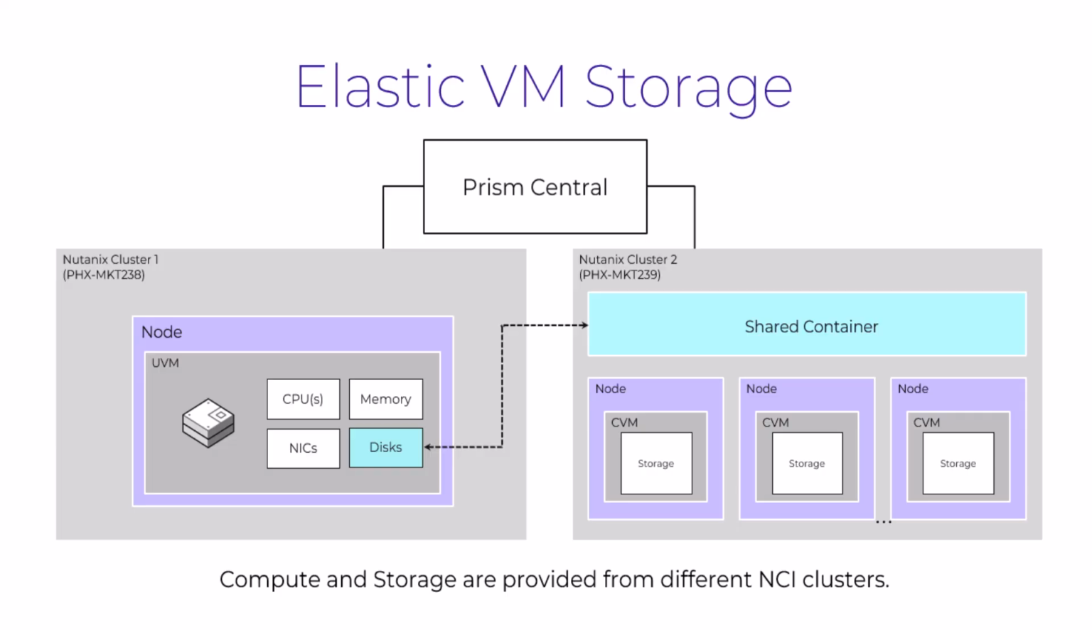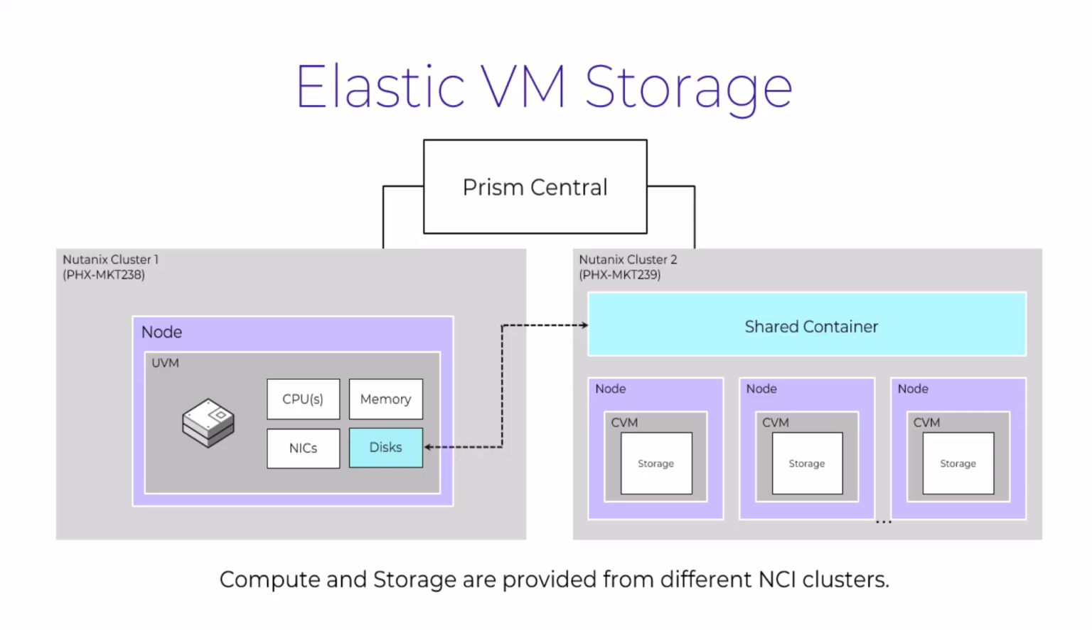And in today's video, we're going to walk through a new feature that came out as part of our AOS 7.5 and AHV 11 releases called Elastic VM Storage. Now, you might be thinking to yourself, what exactly is this Elastic VM storage? I'm glad you asked. Simply put, it's the ability to create a virtual machine whose compute resources will reside on one HCI cluster, but the storage will come from a different HCI cluster, all registered to the same Prism Central